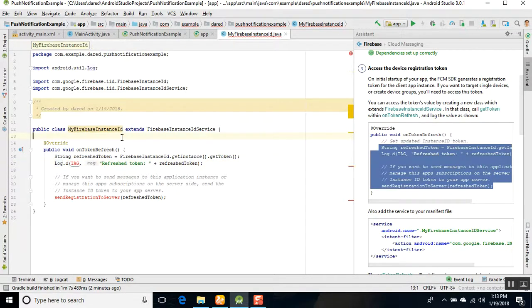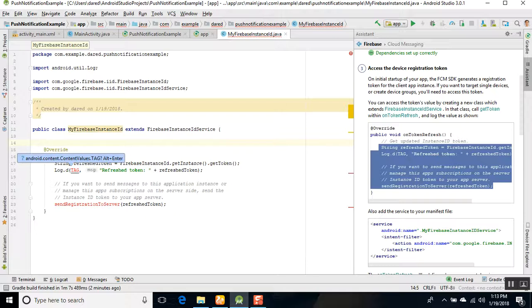So here we are going to insert a variable, private static final String, and the name of the constant is registered token,